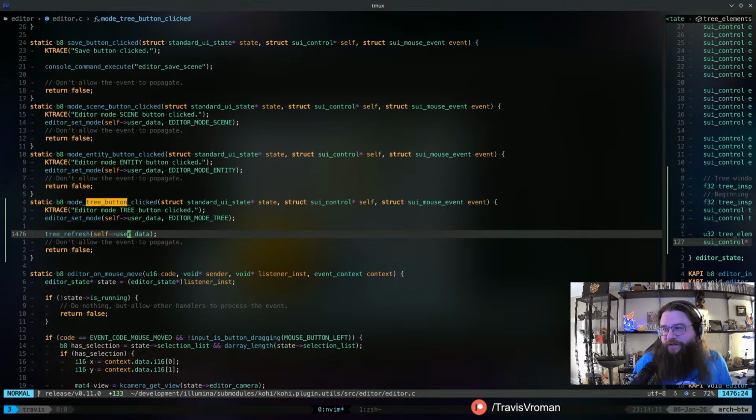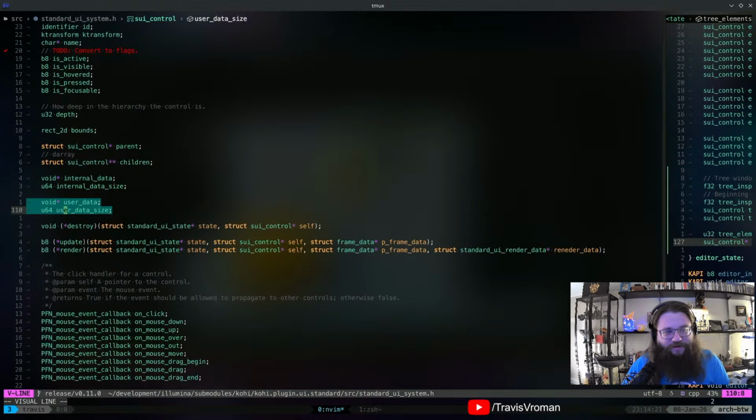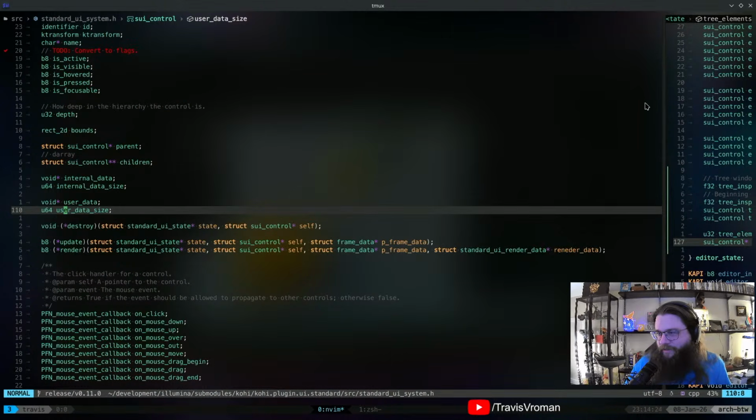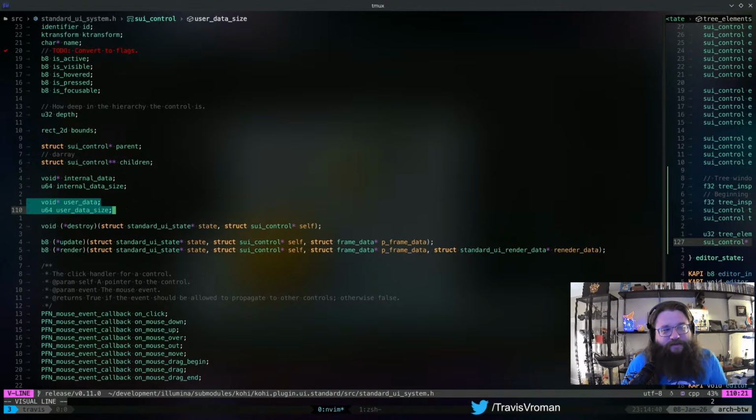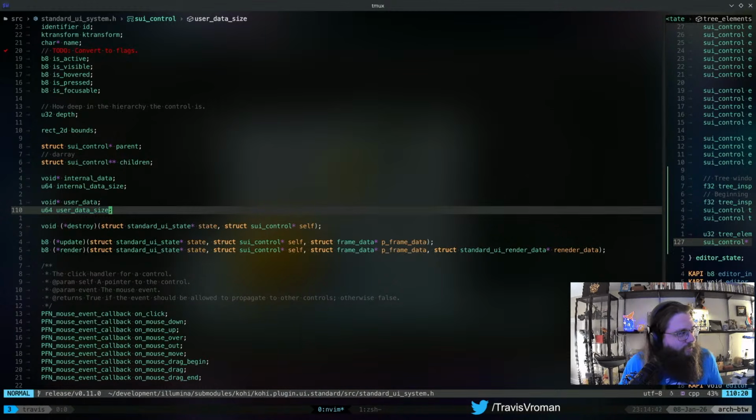Just give me something in the size of it, bro. Trust. Exactly. That's exactly what's in here. Literally, user data and user size. No co-stars with you at the moment. Must be sad. I've been abandoned, but what can you do, right? Oh no, he used the void pointer. I use them a lot, although I use them a lot less than I used to. But for something like this, it's invaluable for sure.